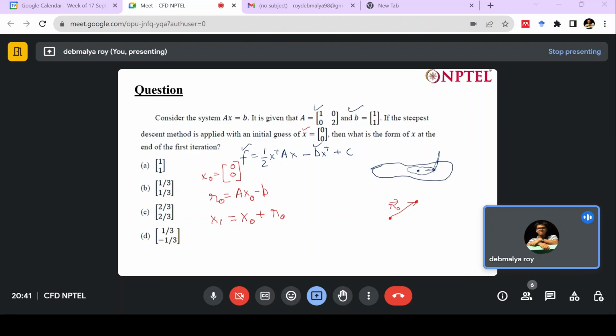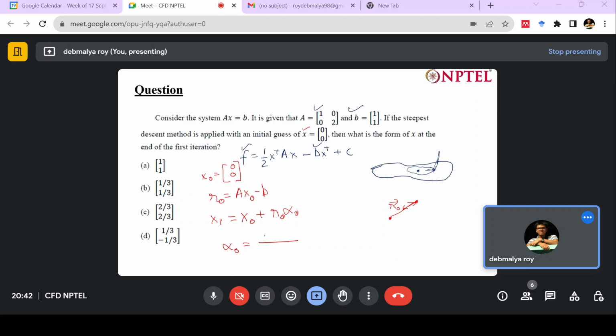And x1 is the next point, and we will have some alpha 0 value by which this next point would come towards our solution. That is the main aim. So how to find alpha 0? Using the steepest descent method, this alpha 0